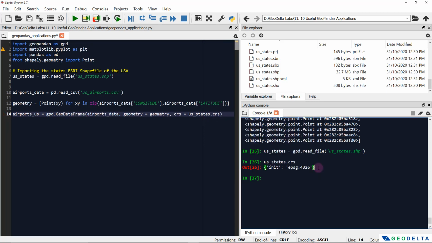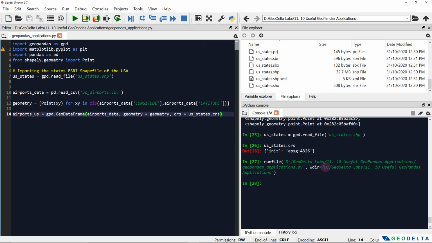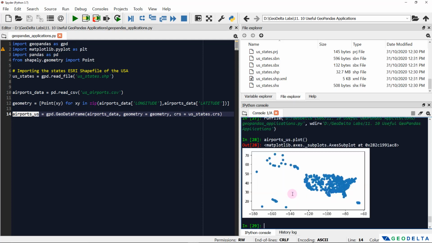That's an easy way to avoid typing it out, so that it'll directly extract that CRS from this existing US states geodata frame. After that I can run this one, and as you can see it took about 2 seconds to run that command. And now if I wanted to plot this airports US dot plot,